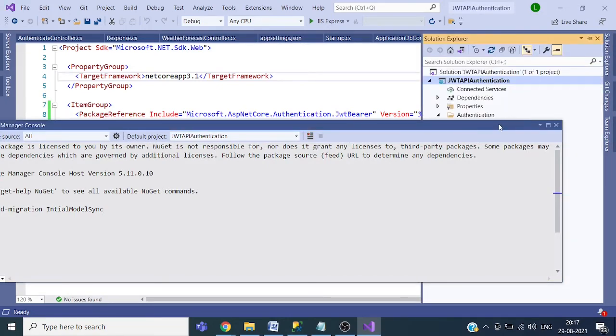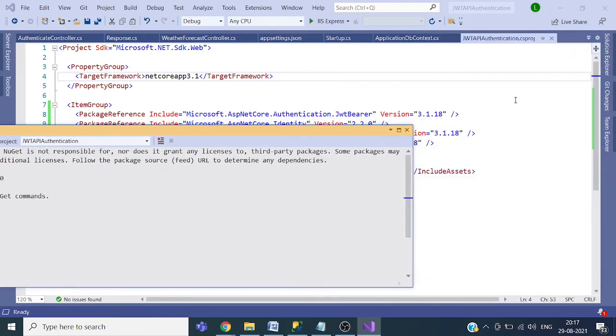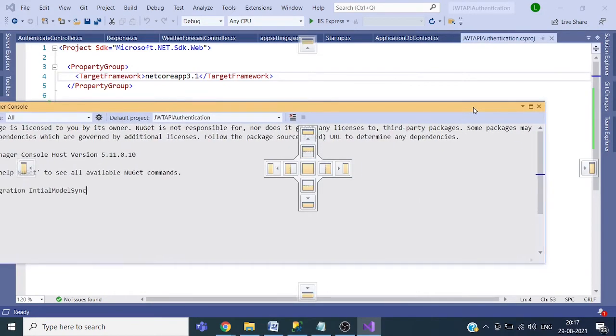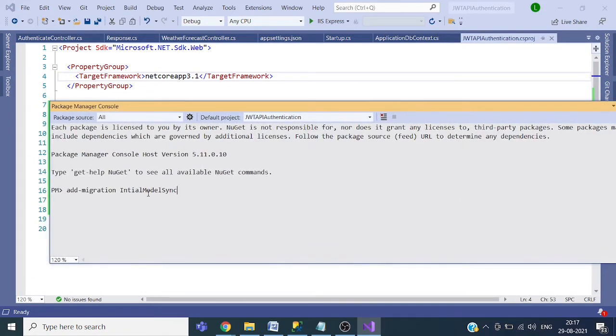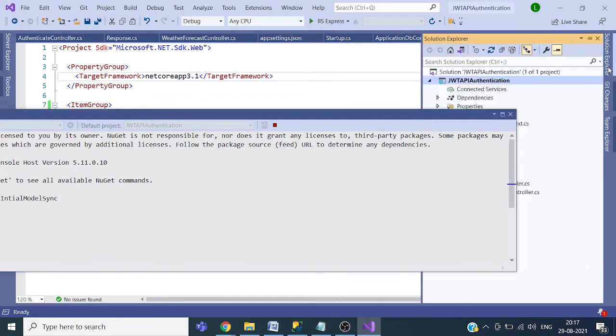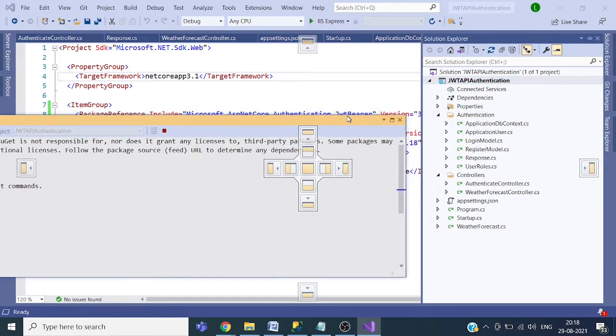So we have application user. So it will generate the statements, and those statements will be executed on the server to update the database. So once this statement is complete, we will have a migration folder here.